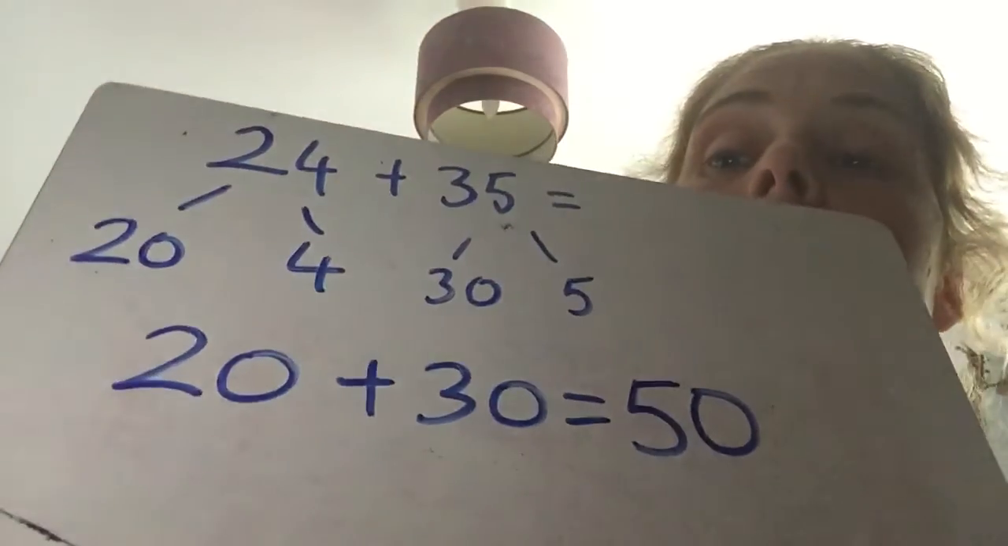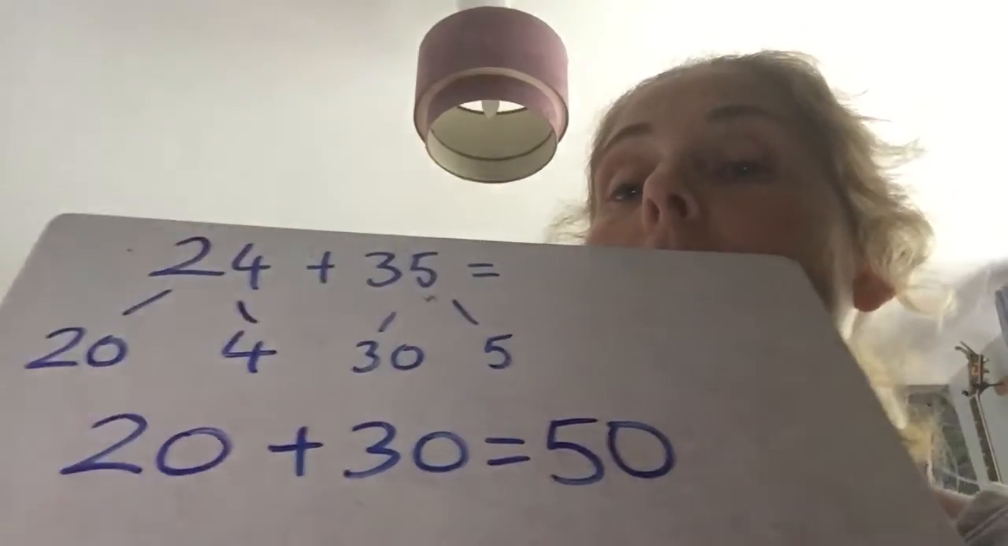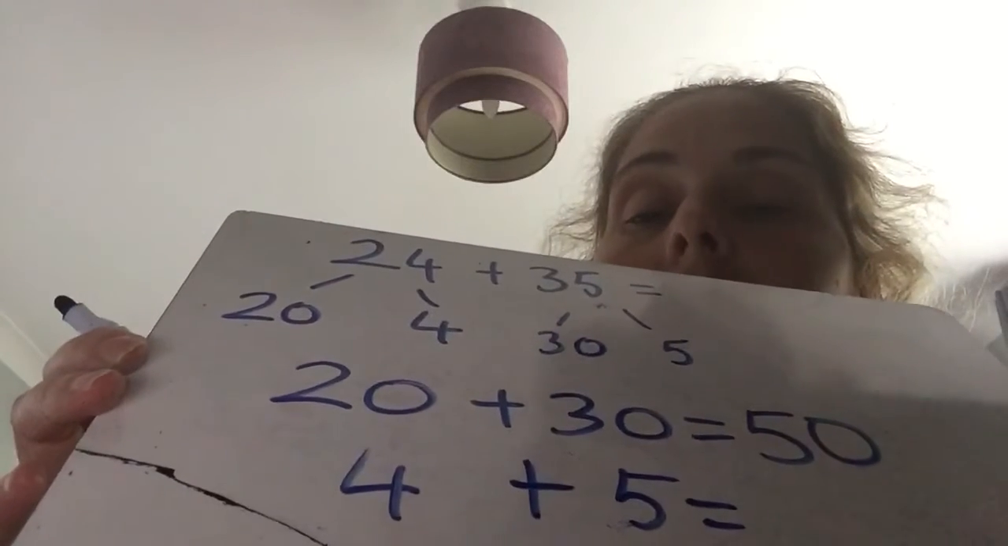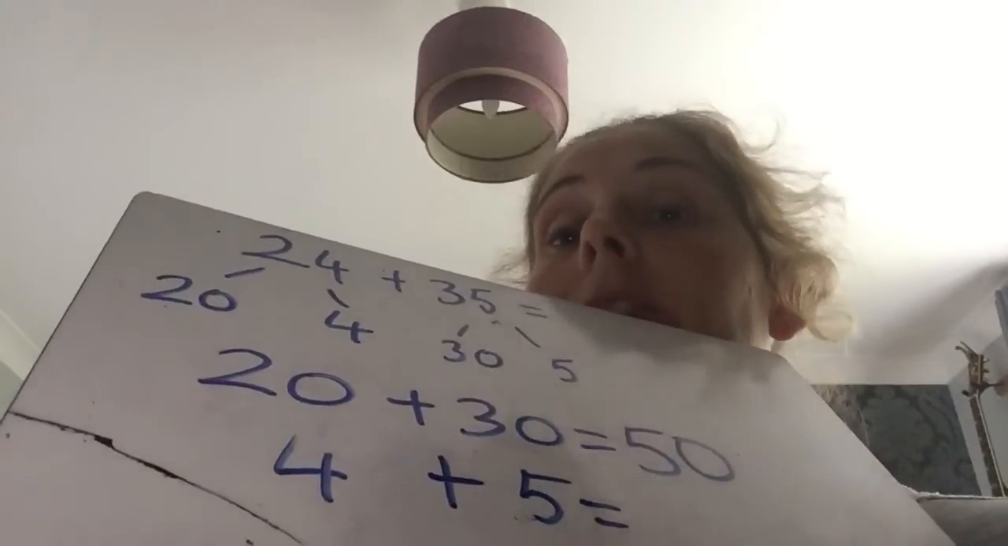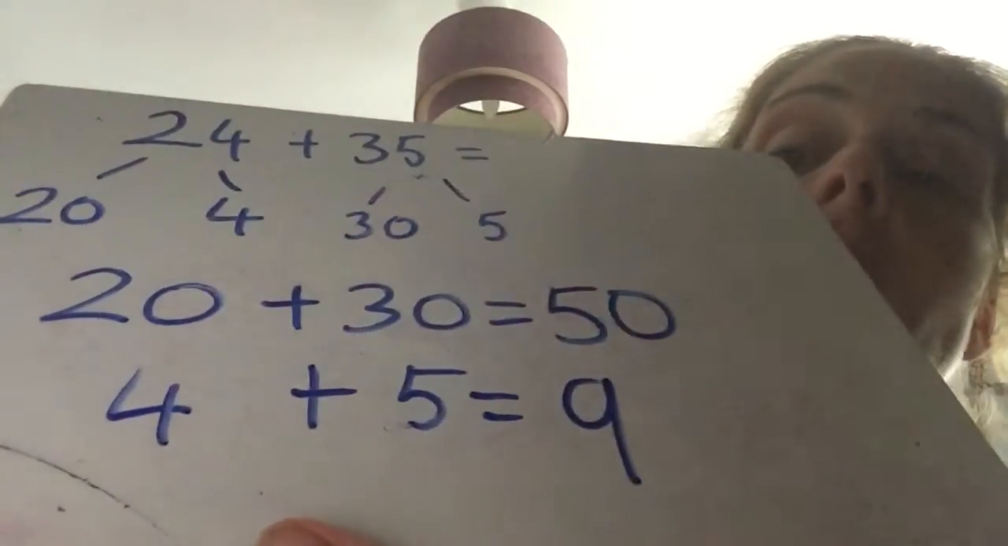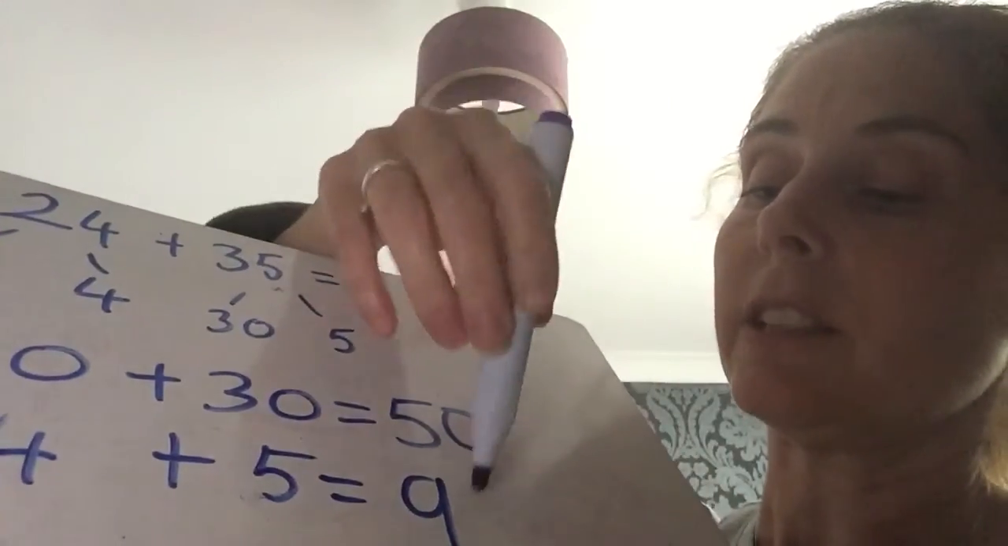Okay, so now we know that our tens numbers add up to 50. Then underneath we're going to add up our ones. Okay, so we have a 4 and we have a 5. There we go, we've got our 4 and our 5, and we add those together. So 5, 6, 7, 8, 9. So now we know our ones add up to 9. And then all we're going to do is add these two together. So 50 add 9 equals